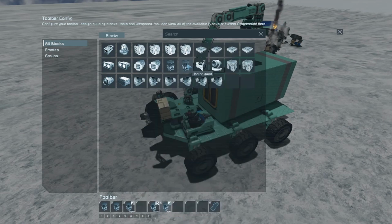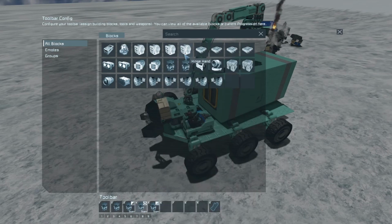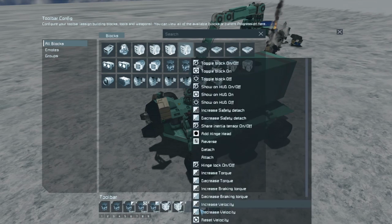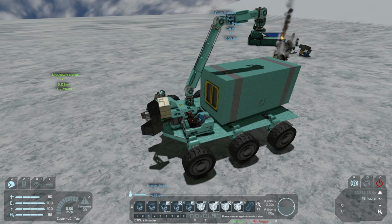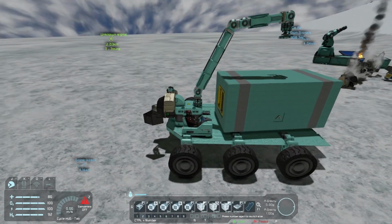So increase velocity, decrease velocity, reset velocity, hand toggle on off, then hand increase, decrease, and reset. That way, I can control the movements of the whole hand with this hotbar, as well as do things like attaching and detaching the little grabber. So let's go ahead